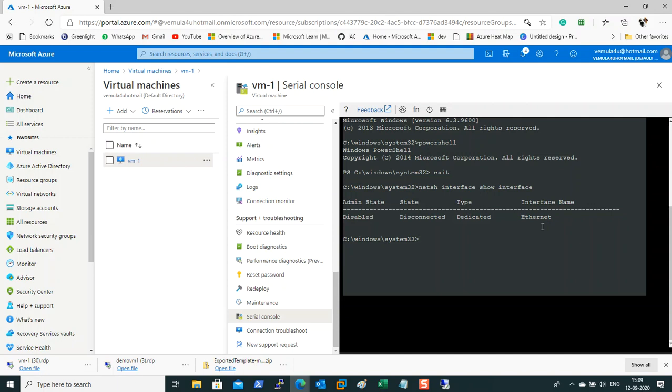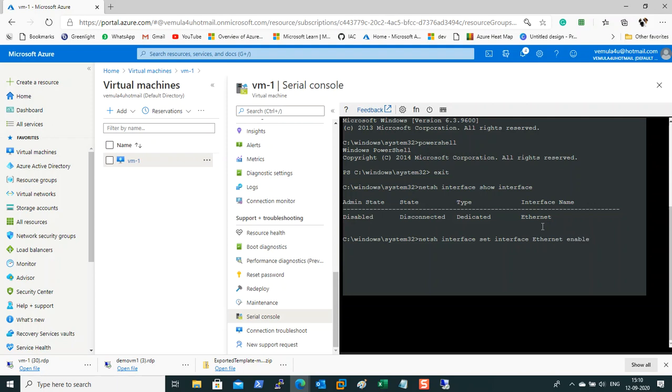So I'll use the same command, netsh interface set interface name Ethernet enable.